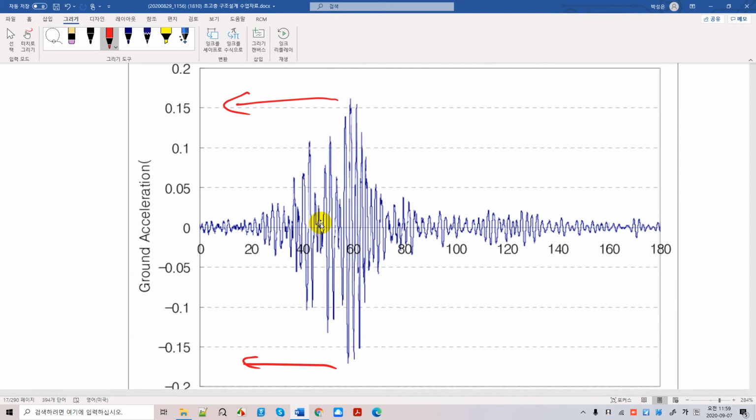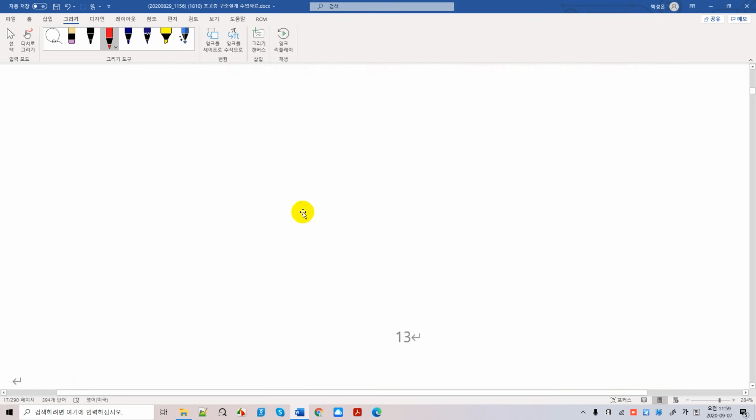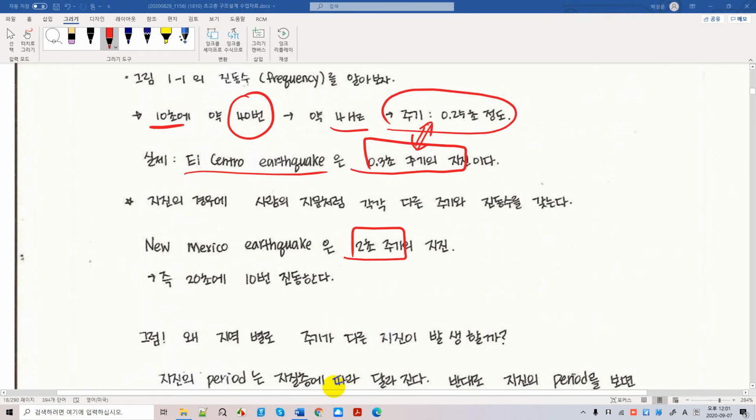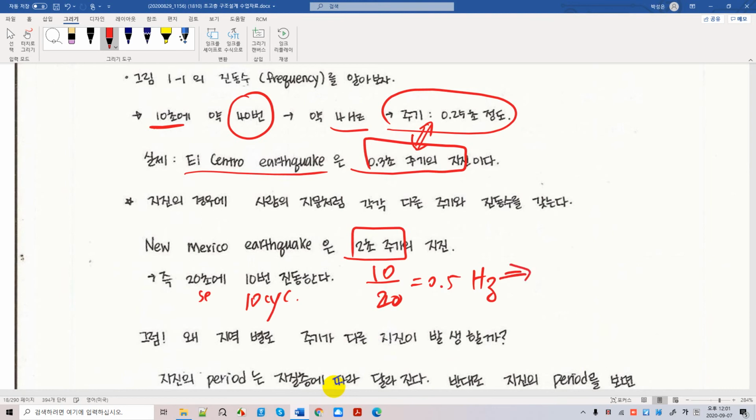So we do the same thing, and we come up with, okay, 10 cycles per 20 seconds. So the frequency is 10 over 20, which is 0.5 hertz. So 0.5 hertz gives you a 2-second period. Right? So this is a much longer